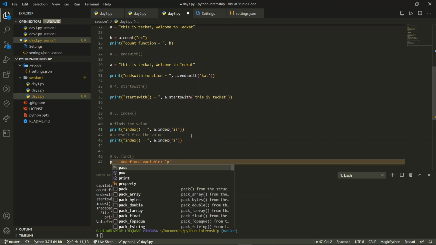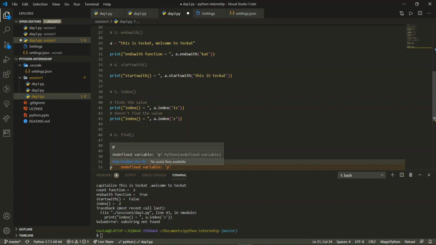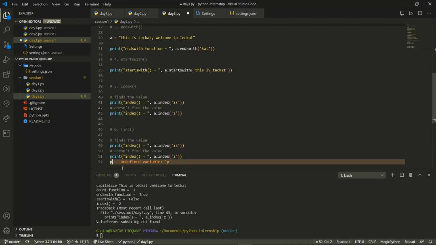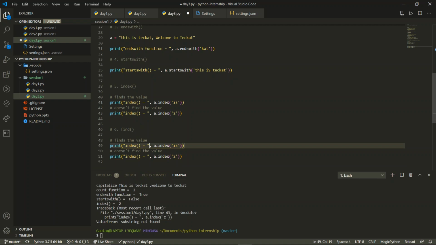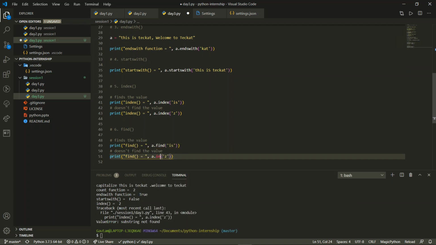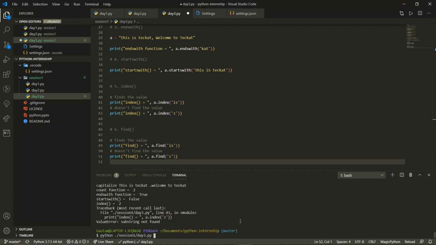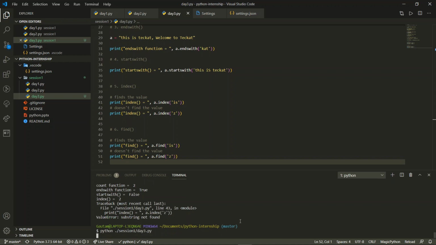Over here we'll copy this entire statement and paste it over here. Instead of this, we'll write find over here, and the same goes over here. Now this is also replaced with find, and this also. Now there will be no difference; the only difference is in the second part where it doesn't get the value.